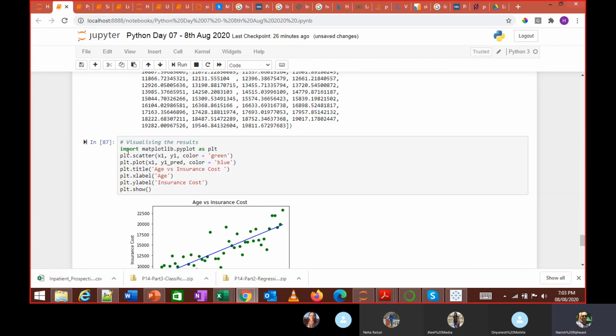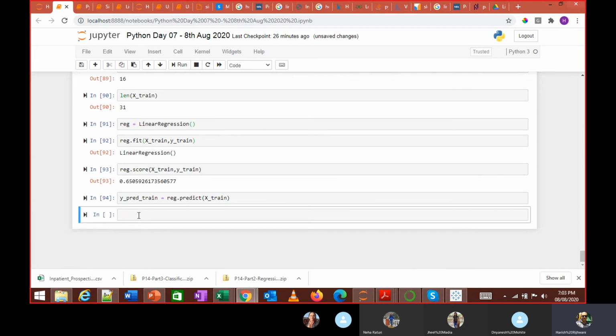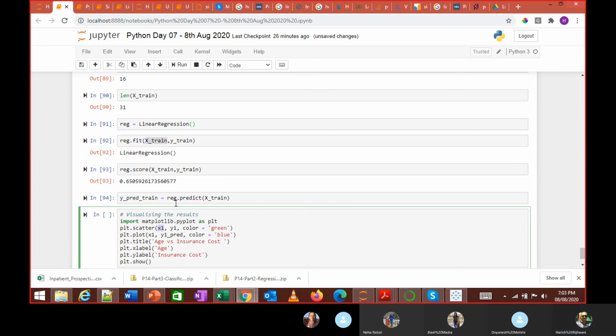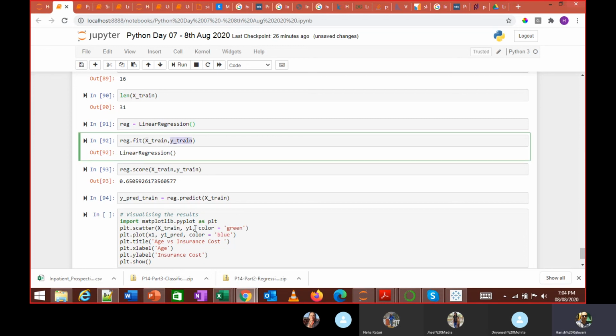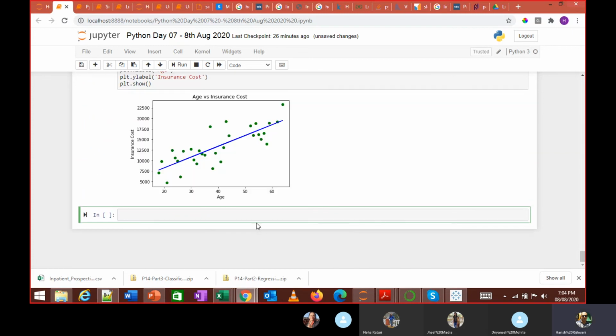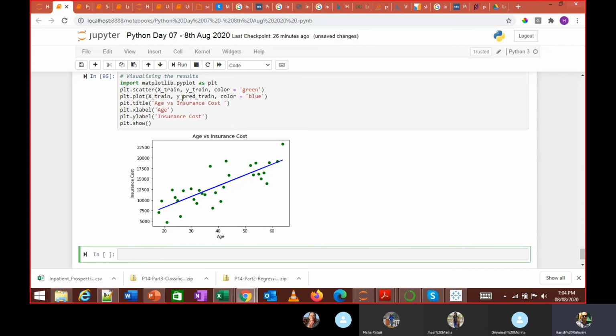Now when I fit this model, if I visualize this plot, I'm going to use x train, y train, and x train and y predict train. So this is the plot it looks like for x train and y train.